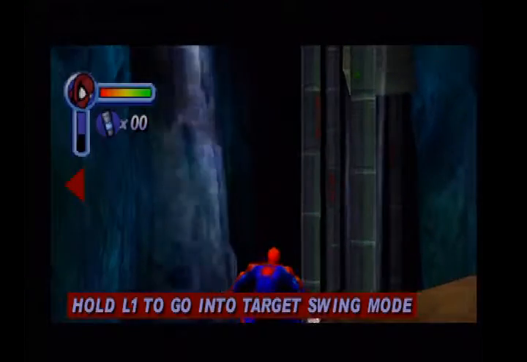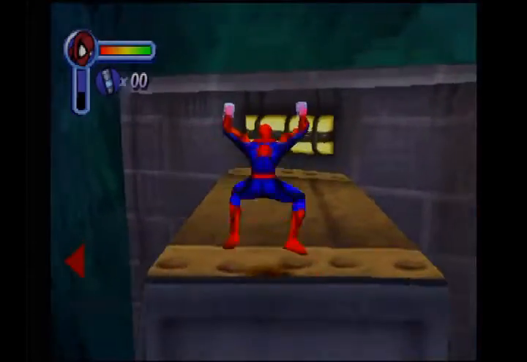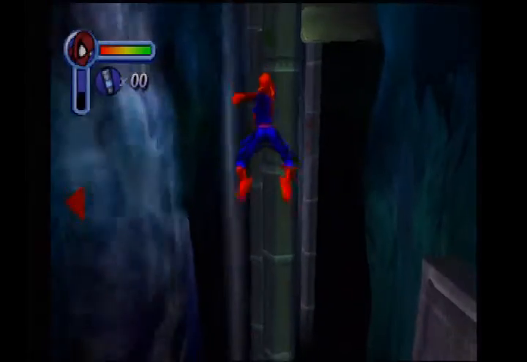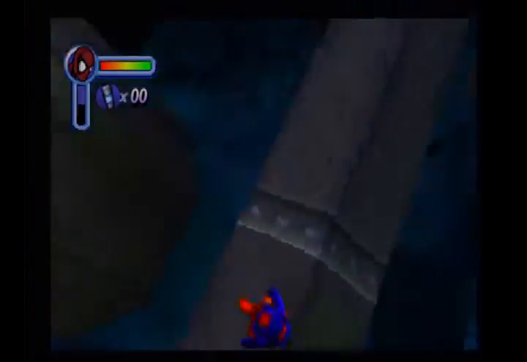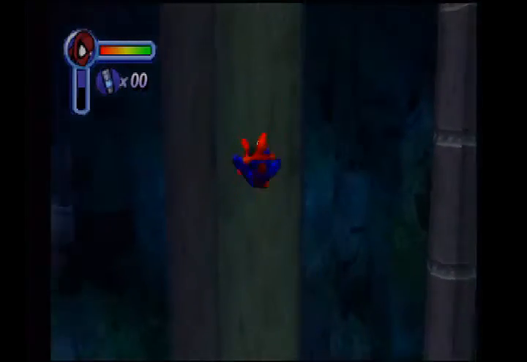L1 targeting mode, brought up already. Remember that back in the bank? And how I barely used it? Well, it gets a purpose here at least. This is how you're gonna web swing across these pipes. Apparently they glow green to Spidey, so...